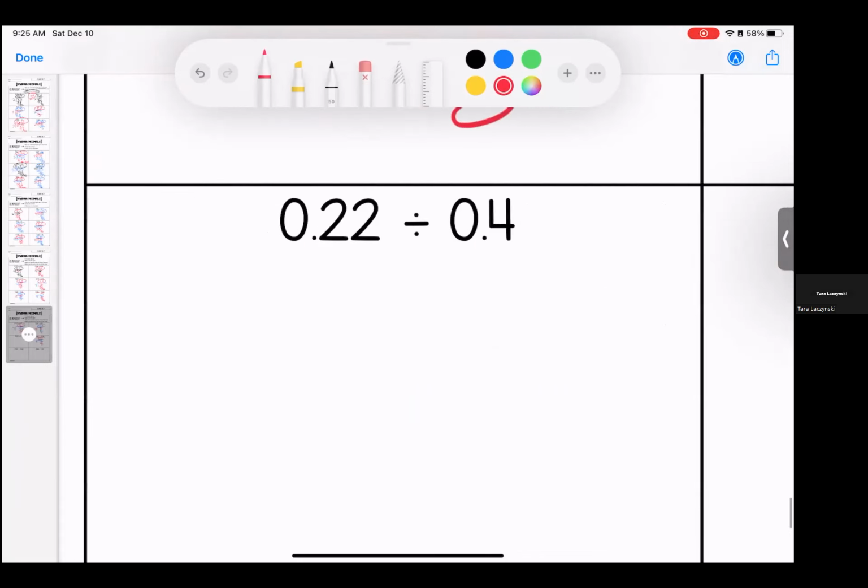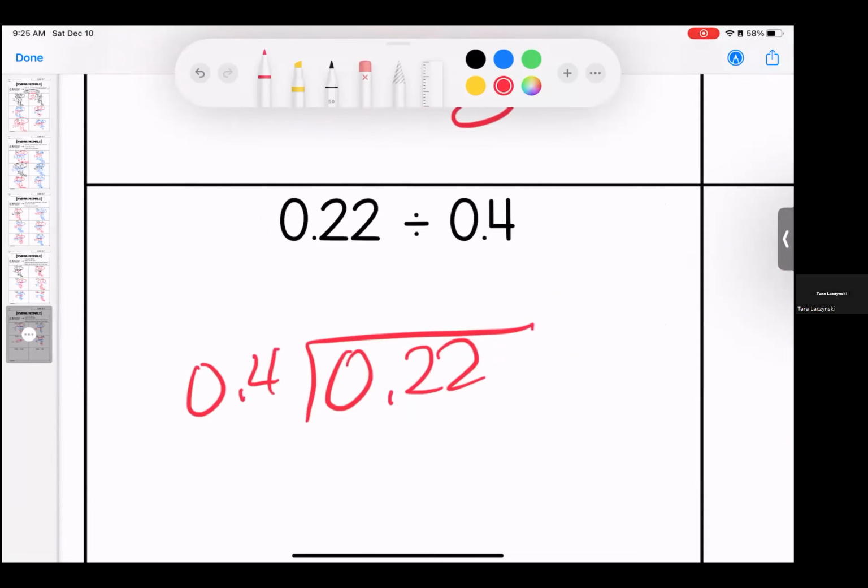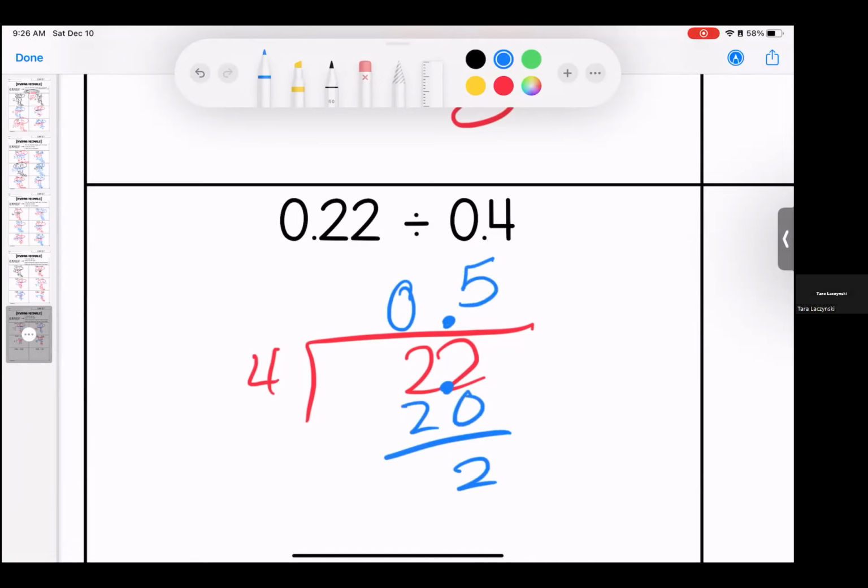Whole number 9. 22 hundredths divided by 4/10. Move it, keep it fair. 1, 1. Whole number 4 divided into 2 2/10. Decimal up. 4 does not go into 2, but it does go into 22, and it is going to go into 22 5 times. Here's one of those tricky trickies because when I do it, I have 2 left over,